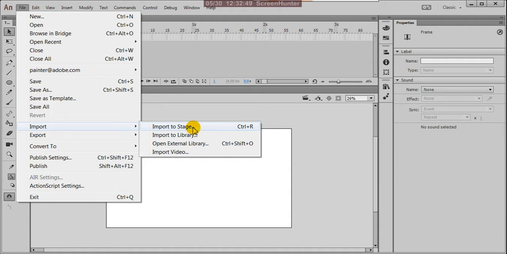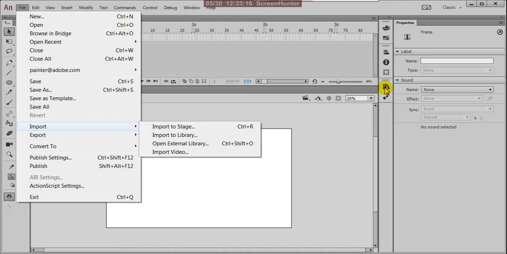But if you import to library, this is your library, and from the library you can drag it onto the stage. Suppose you mistakenly delete it from the stage, again from the library you will get that image. The same way, many times you will get that image. That is the benefit of the library.